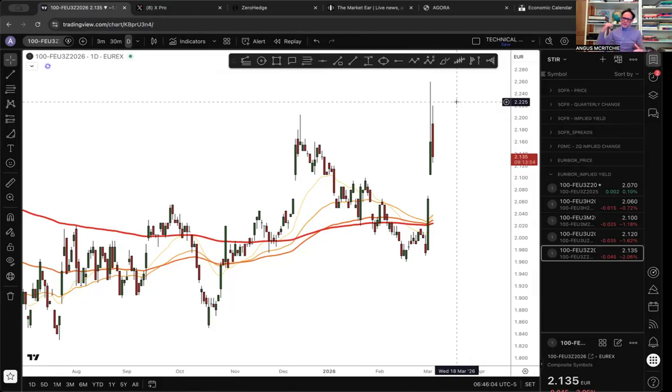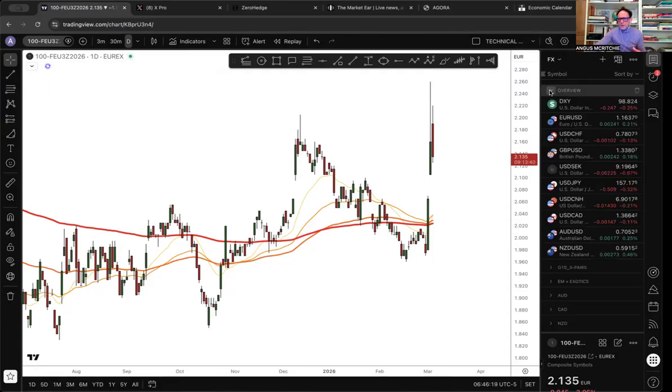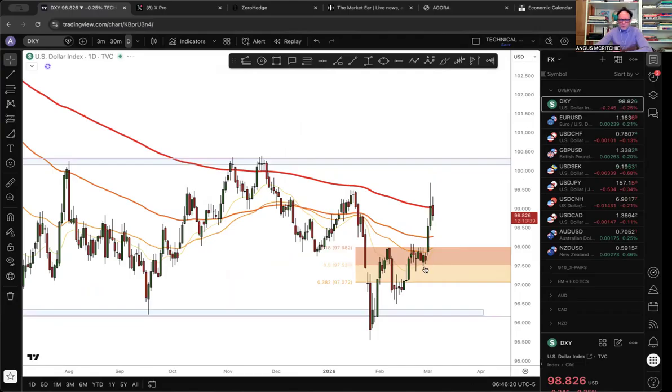So what is that doing? We're getting more inflation fears. We're getting yields going up. And what that means is that that's also supporting the US dollar. So if we look at some of the knock-on effects here, if we look at some of the FX markets, we can see the US dollar, which had been very strong and broken out of this fib level, moving averages pushing up through the 100, through the 200-day, and it spiked yesterday up to 99. I don't think it's going to get up quite to 100.